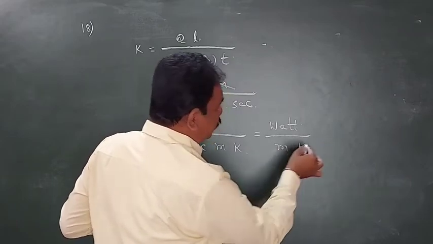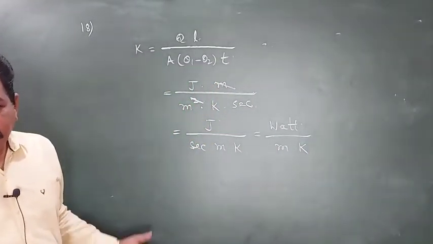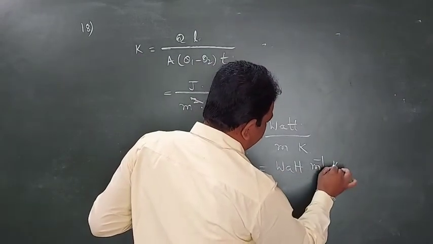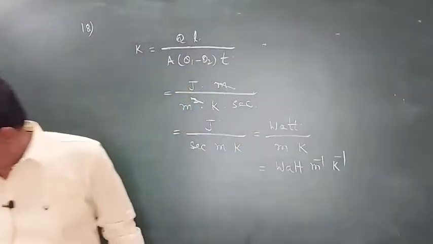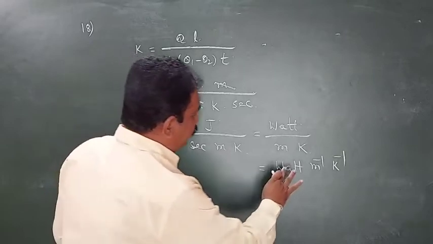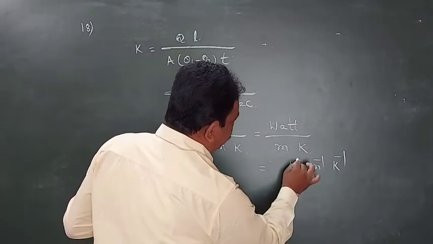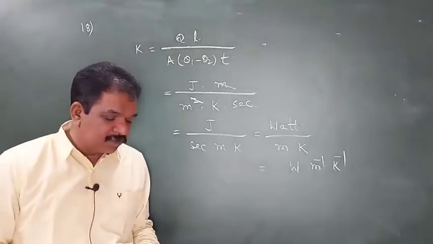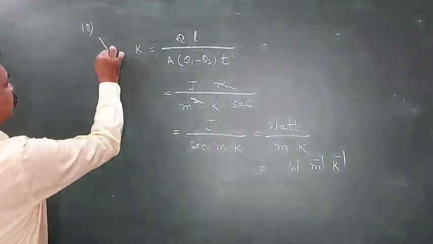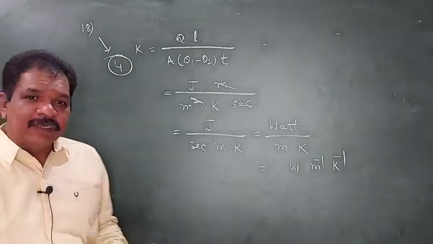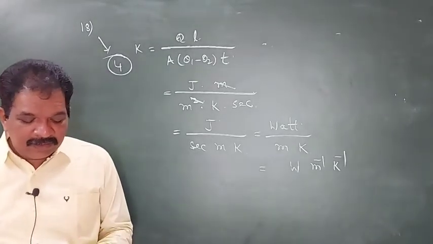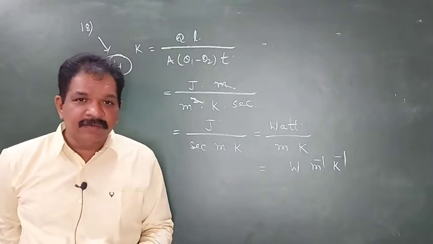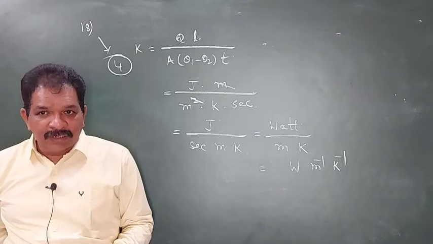by meter Kelvin. So this value, how much will we get? Watt meter inverse Kelvin inverse. Okay. So watt we can write as W. So this will be watt meter inverse Kelvin inverse. So the option for this will be the fourth option. Clear? Next. 19th, you see,